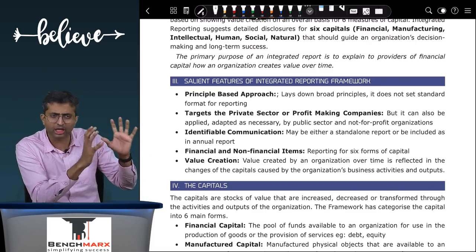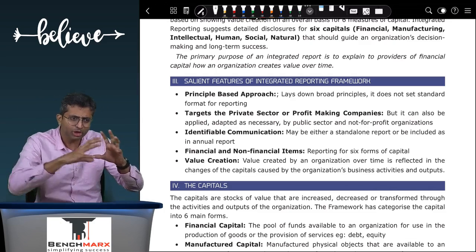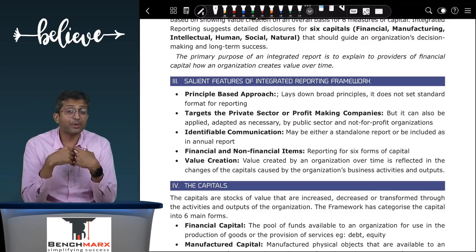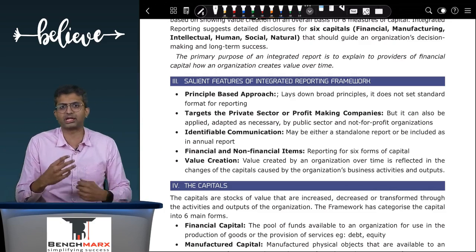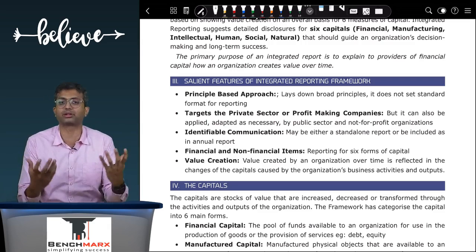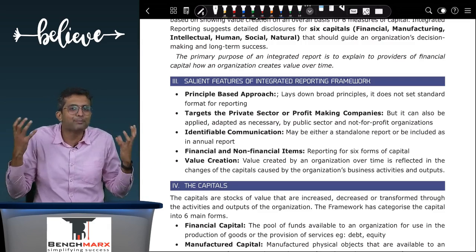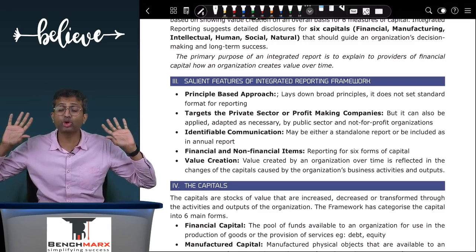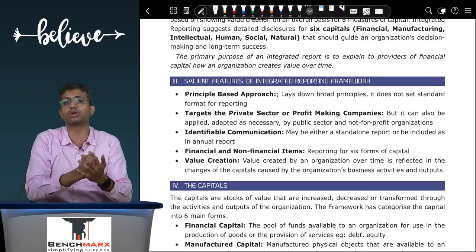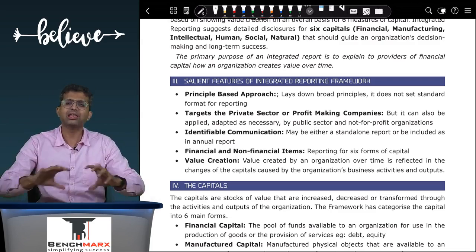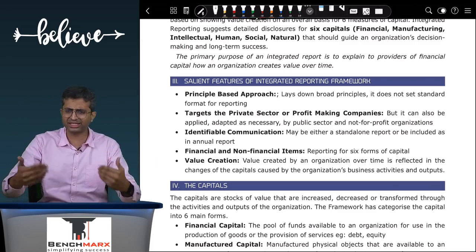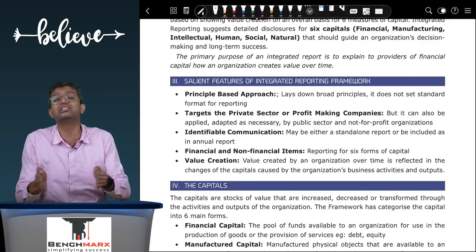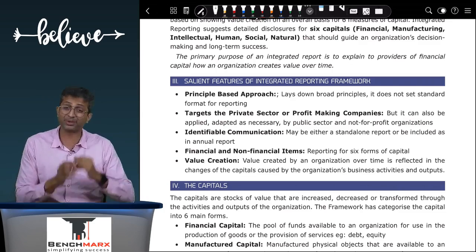You can look at their report, not just the Schedule 3 balance sheet. You can look at the report before that, and it is prepared with images, graphs, a lot of dynamic presentation, and not just slightly boring tabular ones. Hence the integrated reporting framework says that we are not going to suggest a particular format. We will give principles, and using those principles, an entity can be innovative and present information in a way that readers can understand. So there is not going to be a rigid format in integrated reporting, only important principles.